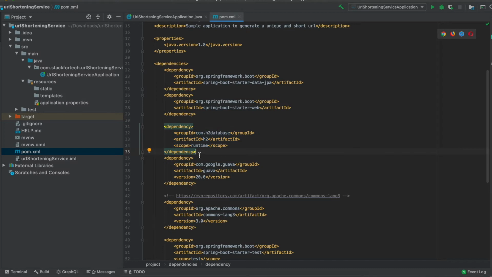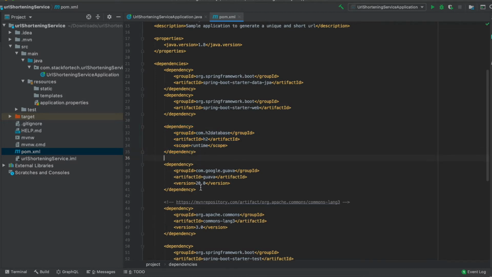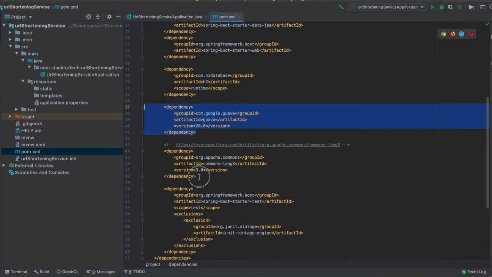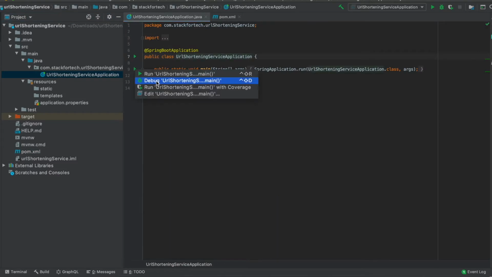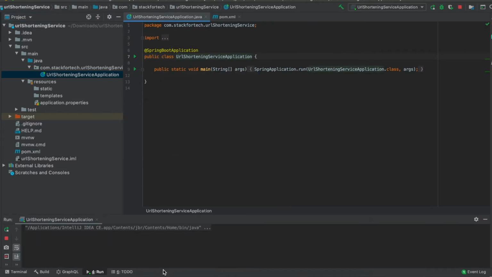Then we have included the dependency known as Guava, which we will use for the hashing algorithm. I have also included Apache Commons Lang3 because I love using it. It provides lots of utility functions to help you code. Let us just start our application and see if everything is up and running and working fine. Then we'll start with the development of the APIs.